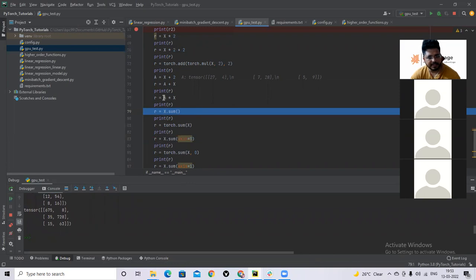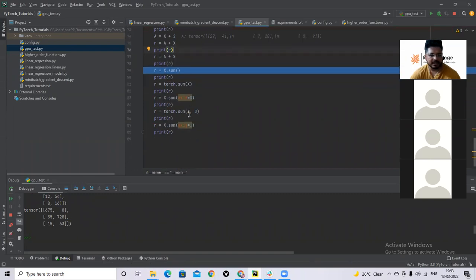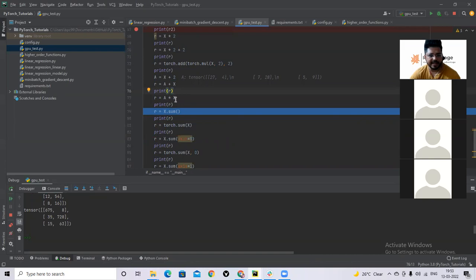This multiplication is called Hadamard's product. This is not the dot product. In Hadamard's product, each element is multiplied with its corresponding element, which means a and x should be of the same dimension. First, a of 0 0 will be multiplied by x of 0 0, a of 1 0 will be multiplied with x of 1 0, and similarly for the rest. Each element is multiplied by the corresponding element of the other tensor. This is called Hadamard's product, and sometimes it comes up in mathematical concepts.